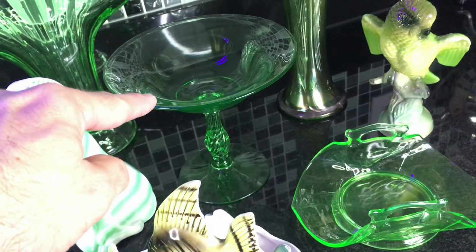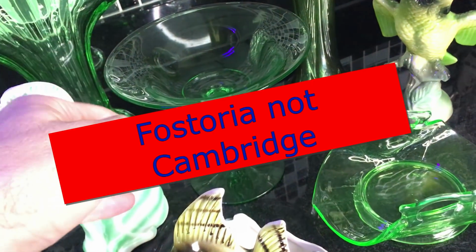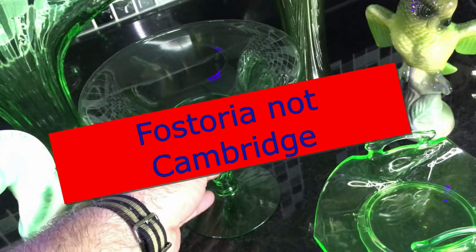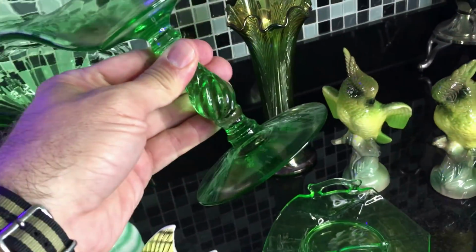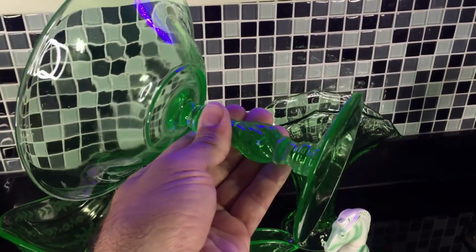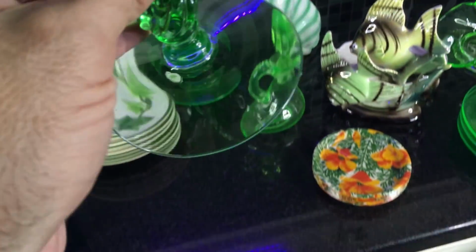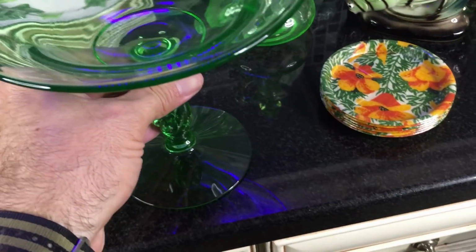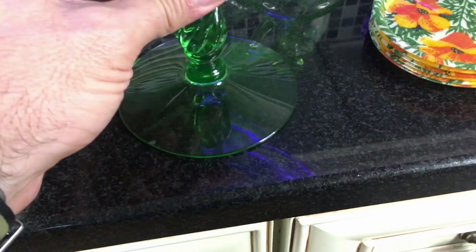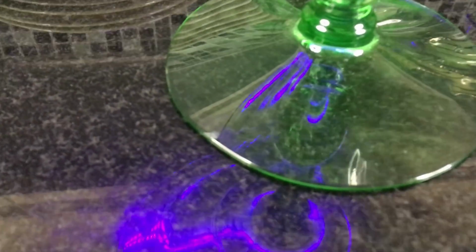I think that's Cambridge. There's a name for it, and I'm forgetting it right now. It's got uranium, and it's a lovely tall compote with that twisted stem there. Nice, elegant piece of glass. There are no chips or cracks on it. There's one little imperfection right down here. And I know you're not really seeing that very well. When I rub my finger over it, it's not...